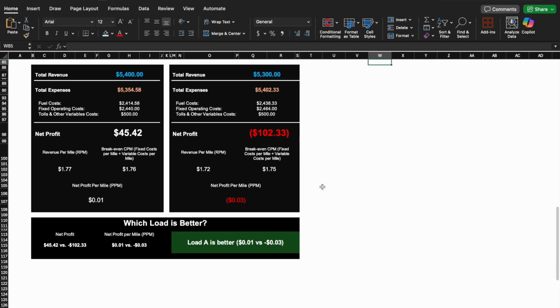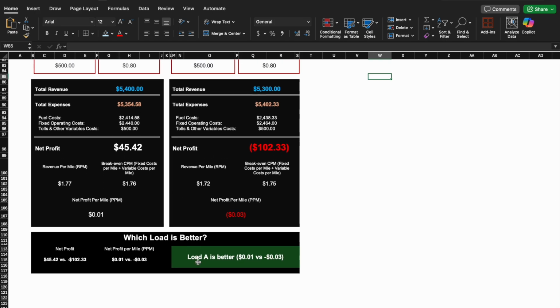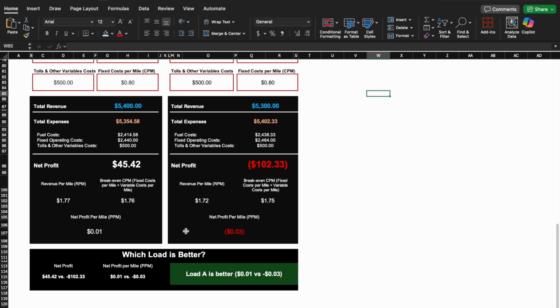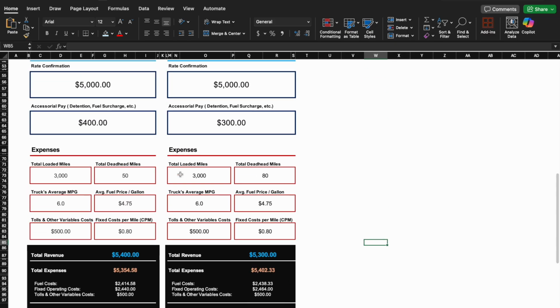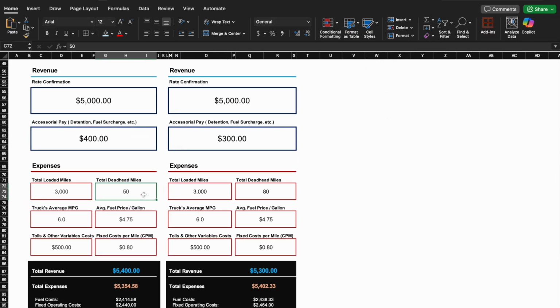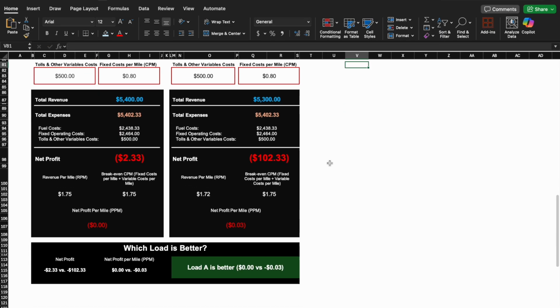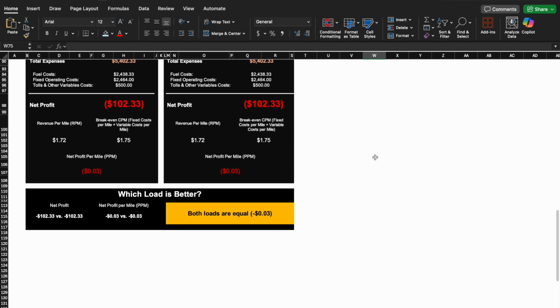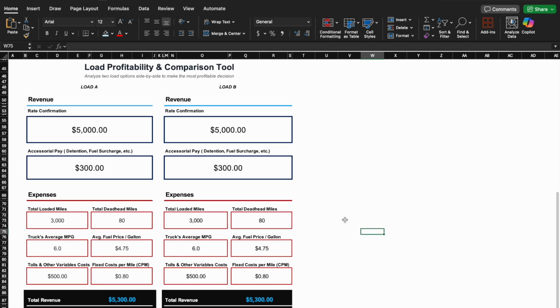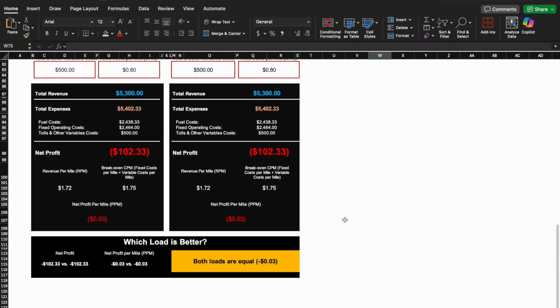cost per mile. And then you can see here it lets you know which one is more profitable. So load A is more profitable because you're not in the negative. And then load B, you have a negative profit. Okay, so you can see here which one is more profitable. So for a similar case, for example, we have this 80 here, everything being the same. We'll just make this the same. So it just tells you both loads are equal. But otherwise it will let you know which one is better based on which one has higher revenue or net